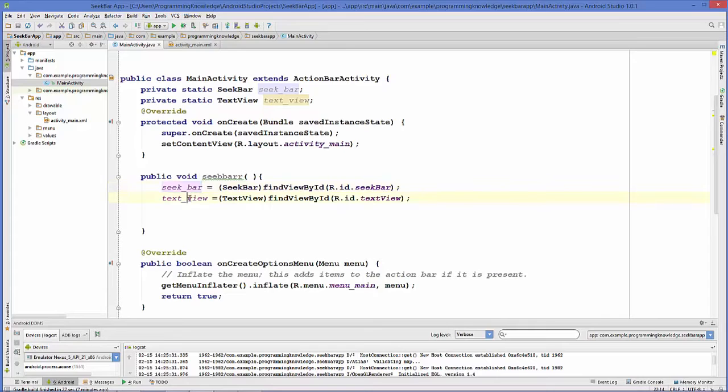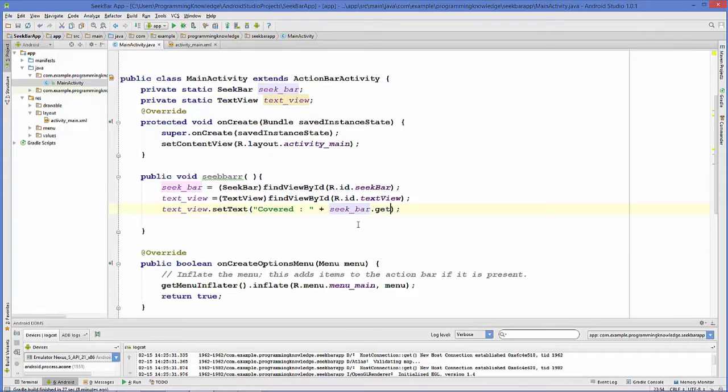But let's first set some text on our TextView so that it can print the progress of the SeekBar. So textView.setText, and inside we can just set some text, for example, covered some amount of SeekBar or something like this, plus the SeekBar variable,